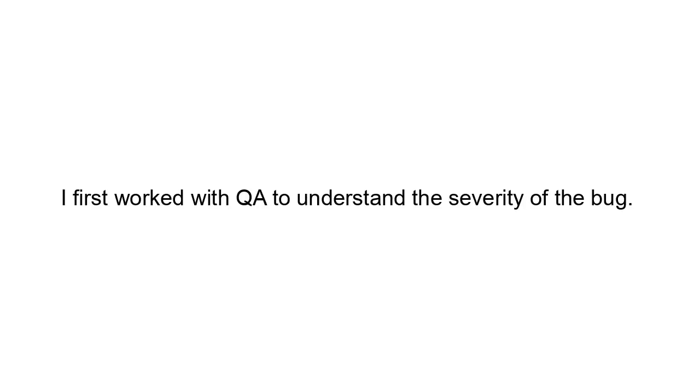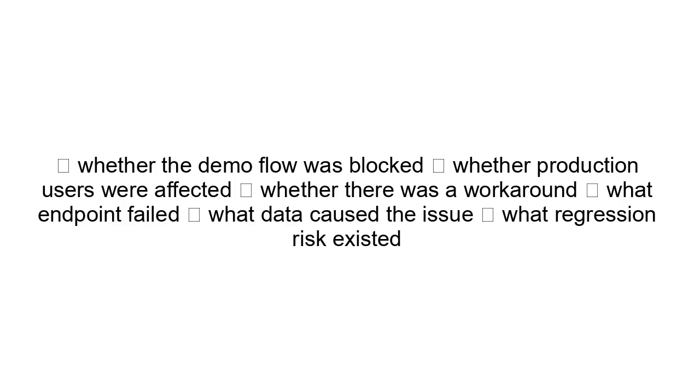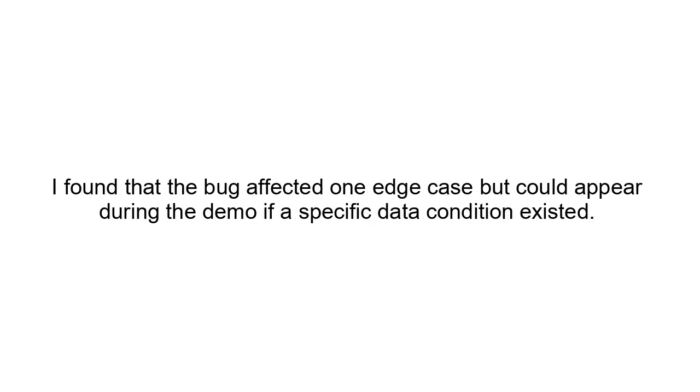Action: I first worked with QA to understand the severity of the bug. I checked whether the demo flow was blocked, whether production users were affected, whether there was a workaround, what endpoint failed, what data caused the issue, and what regression risk existed. I found that the bug affected one edge case, but could appear during the demo if a specific data condition